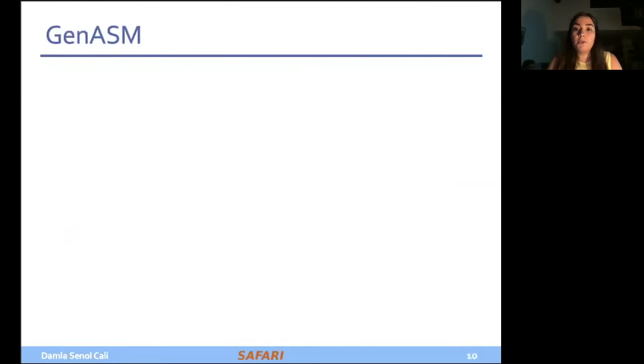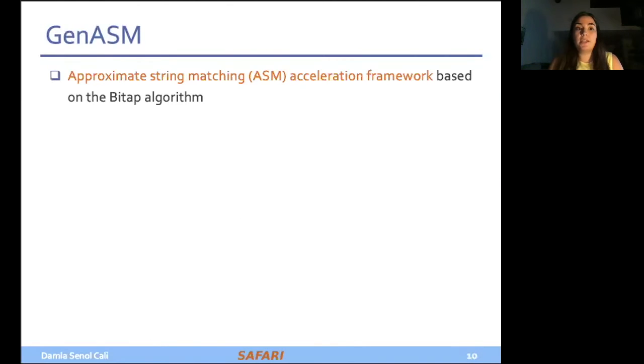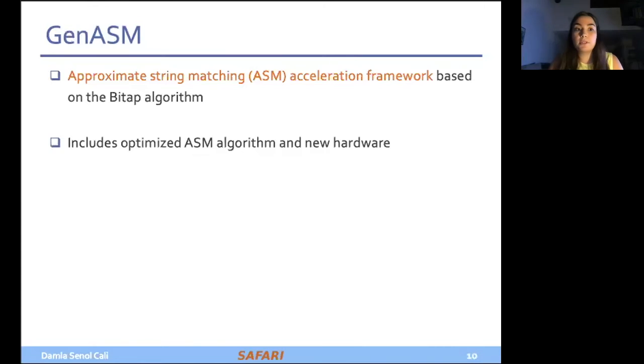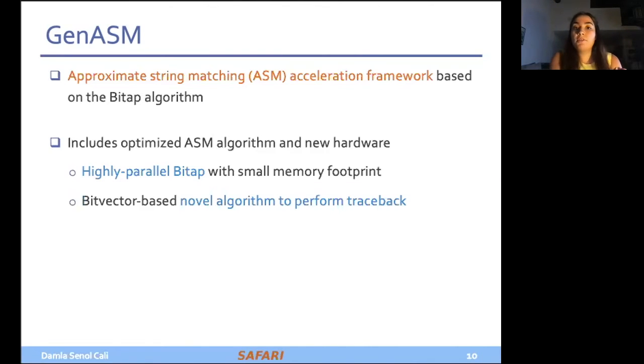In this work, we propose GenASM, which is an ASM acceleration framework based on the Bitap algorithm. In order to tackle the limitations of the algorithm, we optimize it, and also we design a new hardware. So we come up with a highly parallel Bitap algorithm, which has a very small memory footprint. And we also develop a novel bit factor-based algorithm to perform traceback, which is a critical step of read mapping,